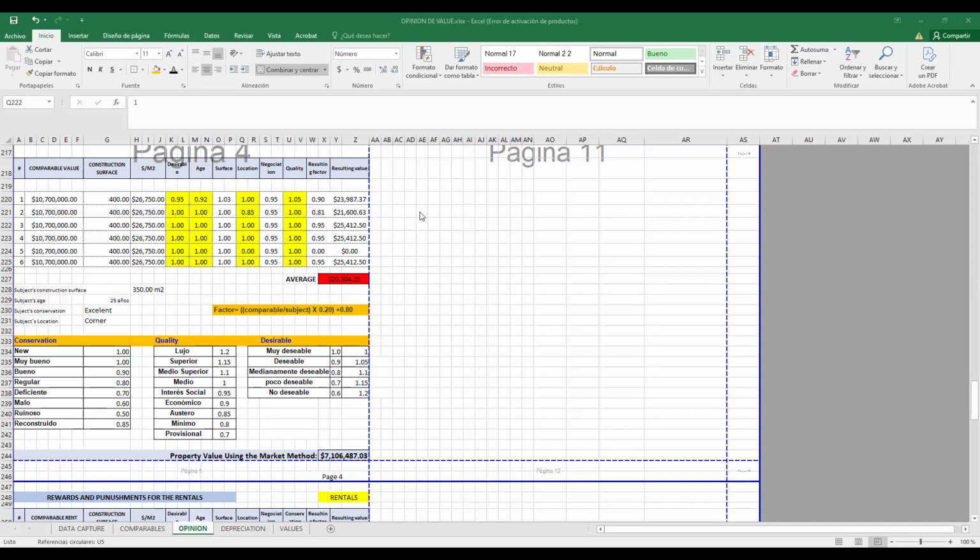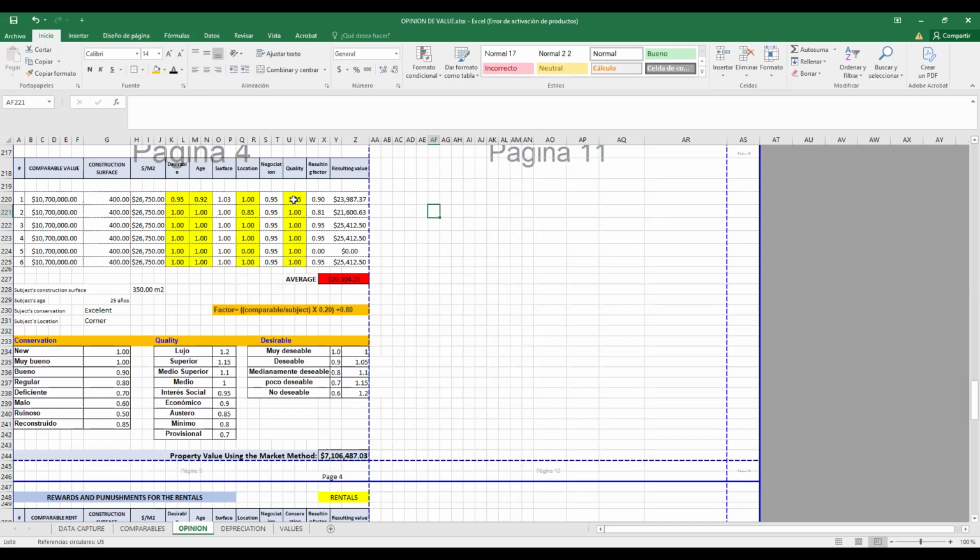I understand what you're doing there, but you're actually changing the column of the comparable so that it'll make your subject look better. Correct? Remember, you are changing these numbers to punish or to reward the subject, your property.